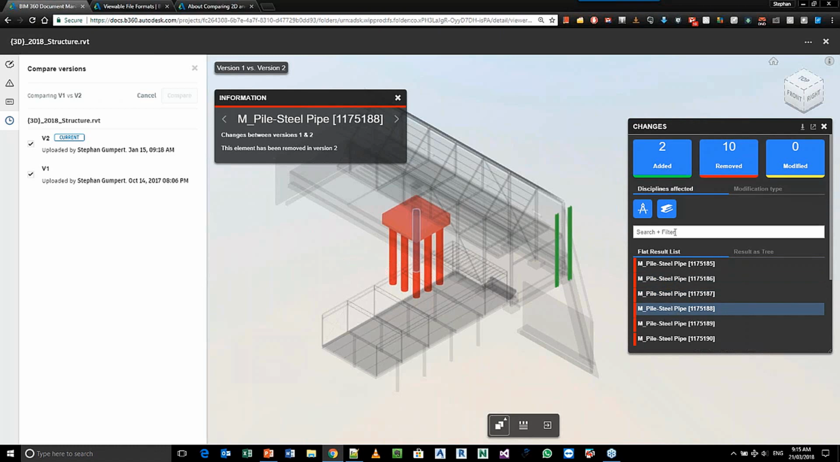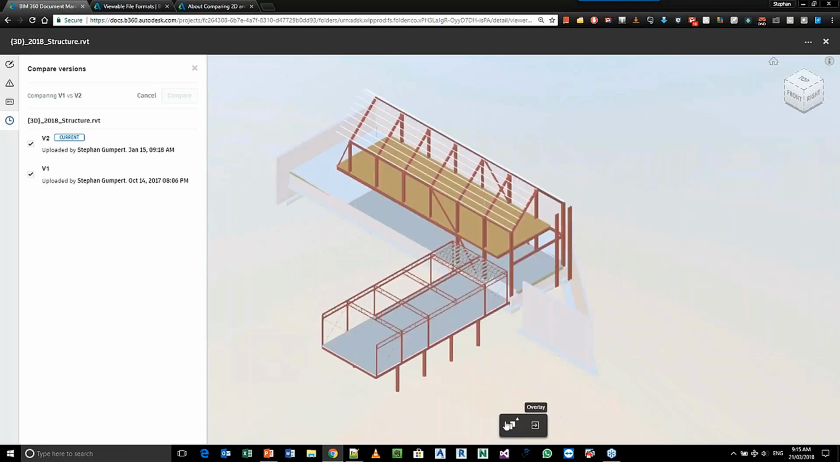We can filter the change. We can say, for example, only see the architecture changes, or show me only the structural changes. We can download the list of the changes into a CSV file, so we can actually see the changes in a spreadsheet where we may want to go and analyze our Revit file. You can even change the way you